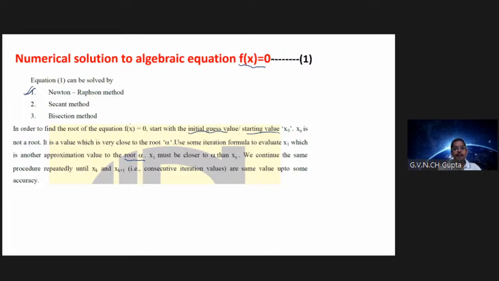We continue the same procedure repeatedly until xk and xk plus 1, that means x0, x1 or x1 and x2 or x2 and x3, these are called two consecutive iteration values, are the same up to some accuracy. Same value means, for example, if you take x2 and x3, the second iteration value and the third iteration value, x2 is equal to